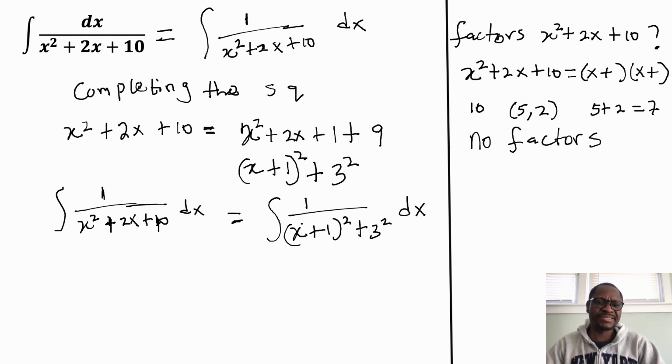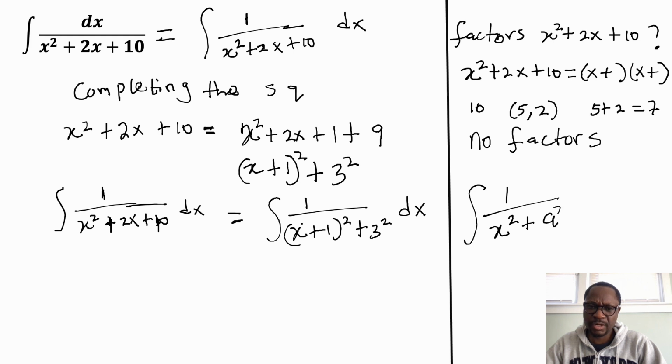Now this is more relatable, and if you are to an extent familiar with integrals, you will recognize this as very close to an identity. I'm going to write the identity here. So now in this form we can use an identity. There's an identity that says if you have the integral of 1 divided by x squared plus a squared dx,